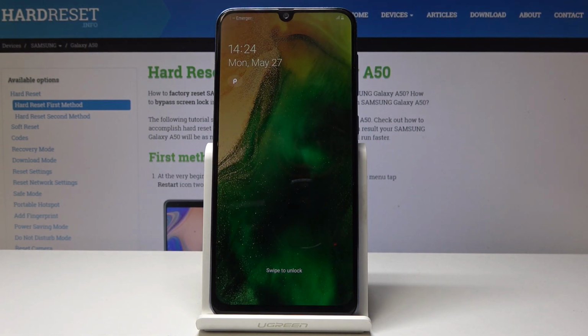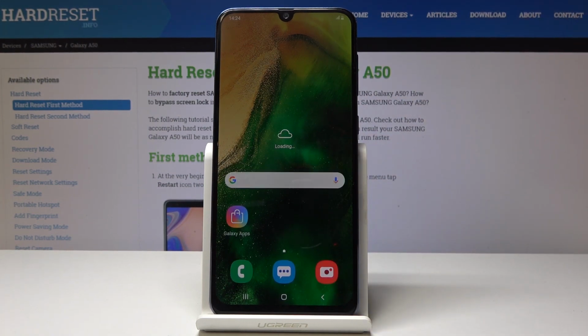And that's it. As you can see now, you can start using your device normally. All the settings have been